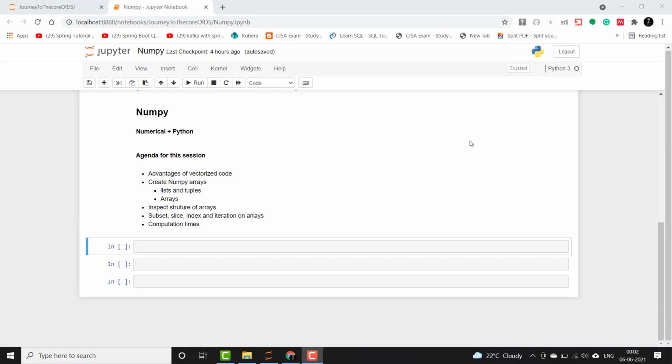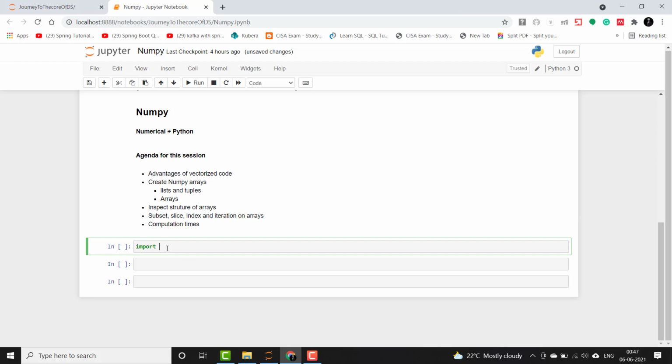NumPy is a library written for scientific computing and data analysis. It stands for numerical Python, as I have already told you. The most basic object in NumPy is the ND-array, or simply array, which is an n-dimensional homogeneous array. By homogeneous, we mean that all the elements in the NumPy array have to be of the same data type, which is commonly numeric. We can regard those as float or integer. Now let's see some of the important examples of NumPy arrays.